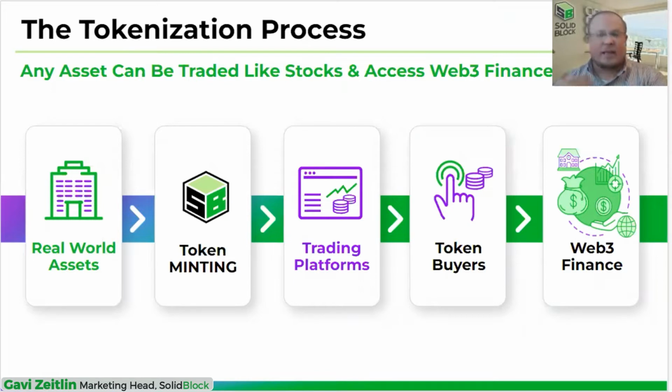We're bringing this to the next stage of real estate ownership, where we're moving the ownership to the digital realm with minting of the tokens, right? So we're going to mint those tokens, and then when people get access to those tokens, they can take them to trading platforms and trade them. They can also leverage them using Web3 finance to get loans and use their tokens as collateral,